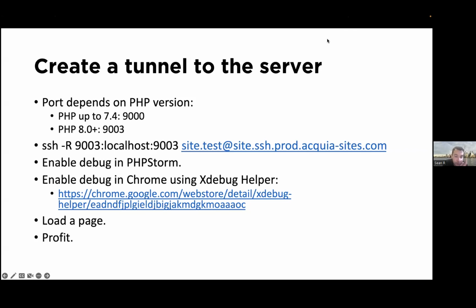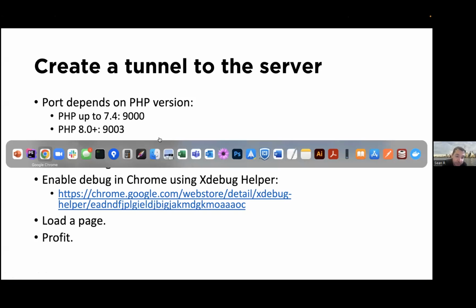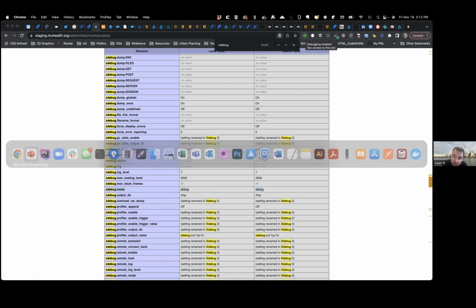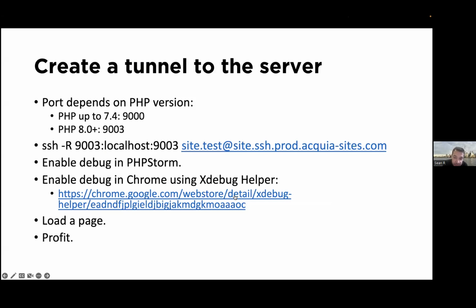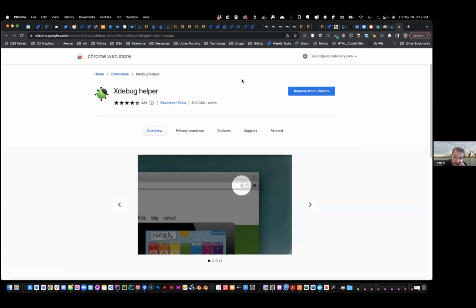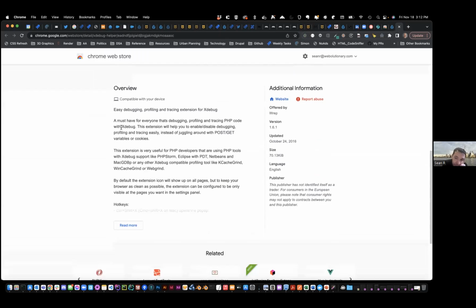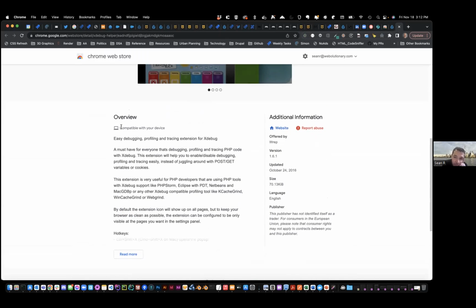The next thing that we want to do is enable xdebug in Chrome. And that is this extension here. Let me click this. So this is really helpful. And this works with your local as well. I mean, it's useful not just for remote, but if you use Lando, for example, and you have xdebug set up in Lando, having this extension will enable you to connect